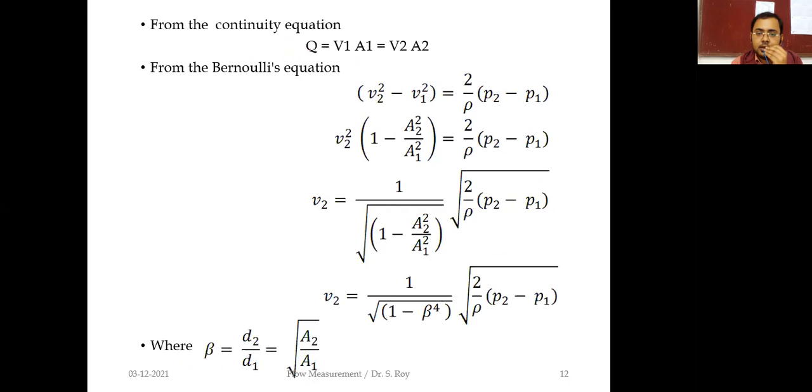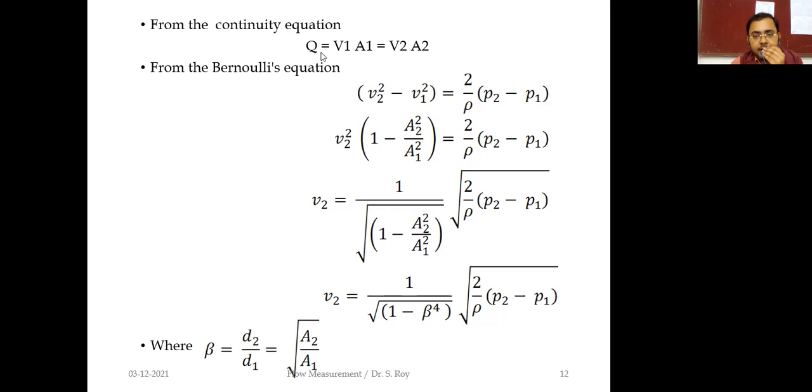Right? Now, as per the continuity equation, we know that Q equals V1 A1 equals V2 A2 at point 1 and point 2. And we have already derived from Bernoulli's equation that P2 minus P1 equals rho by 2 into V1 square minus V2 square. If I replace the V1 value, because from the continuity equation we know that V1 is nothing but V2 A2 divided by A1,